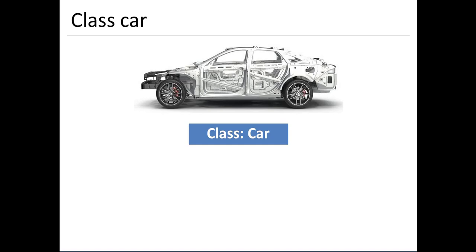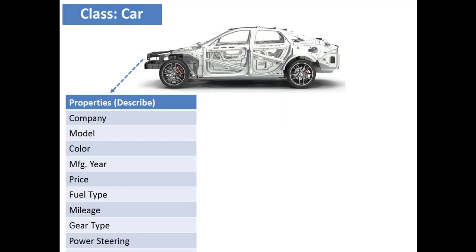So it has certain information associated with it. For example, it has a company, a model number, a different color, manufacturing year, price and fuel type, and so on. All that is nothing but the information that will be associated with the car. Of course, that will be different from car to car, isn't it? But that information has to be associated with the car, otherwise I cannot uniquely identify the car, isn't it?